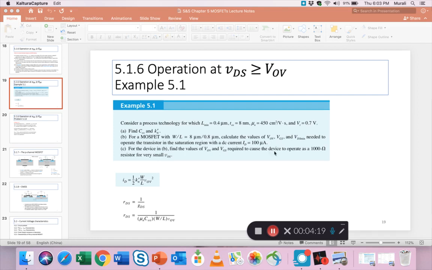So the question is, if you want it to be a 1000 ohm resistor, the entire FET, then what values of VGS and over voltage will help us get to that 1000 ohm resistance. So those are the 3 or 4 parts, and let me quickly open up